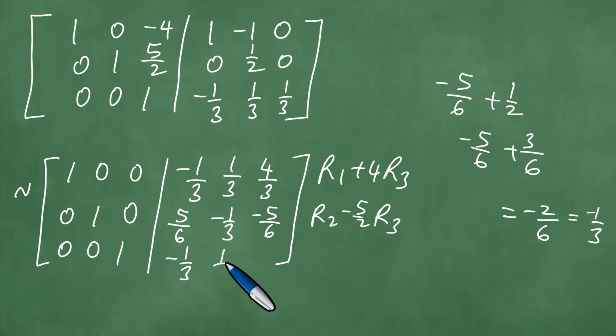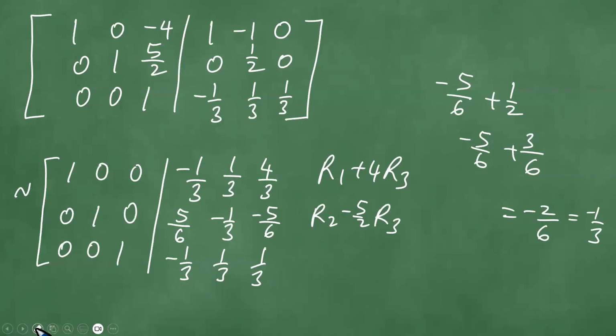Minus 1 over 3, 1 over 3, 1 over 3. Okay. Right, hence